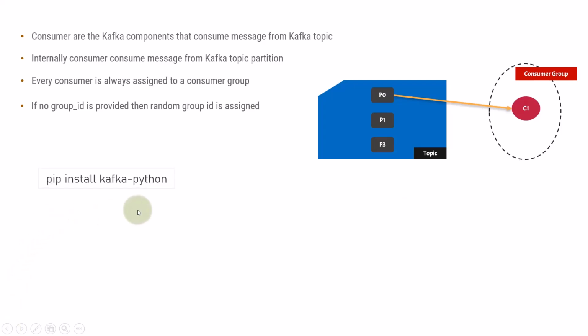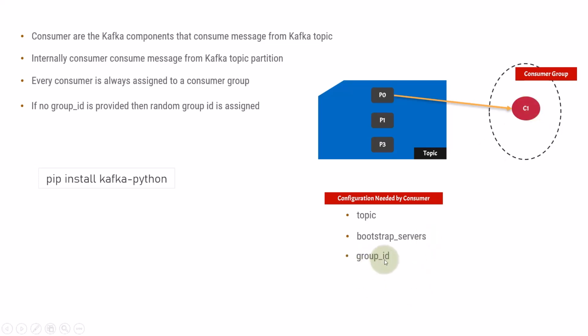We have already seen in our previous videos that we are using Kafka Python as our library through which we can connect our Python application to the Kafka cluster. When you're writing a consumer, the consumer should know some configuration, and only then can it work. The first configuration is the topic from which the consumer is about to read. A consumer must know which topic it is going to read from, so you need to give the topic name, and only then can the consumer consume from that topic. After that, you need to define the bootstrap server in the consumer configuration, because you need to make the consumer understand from which Kafka cluster you are going to read the messages.